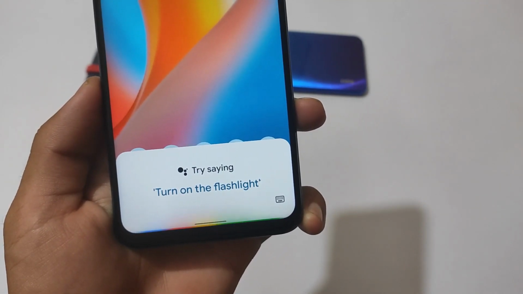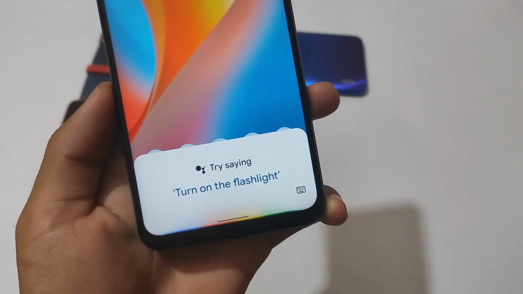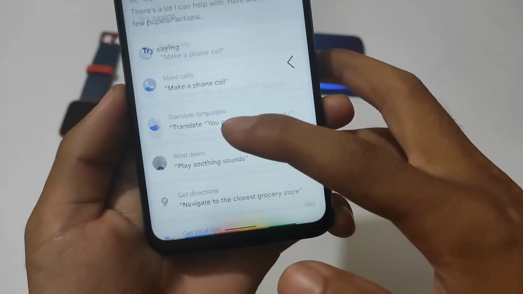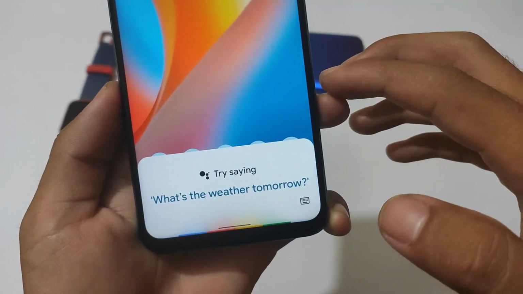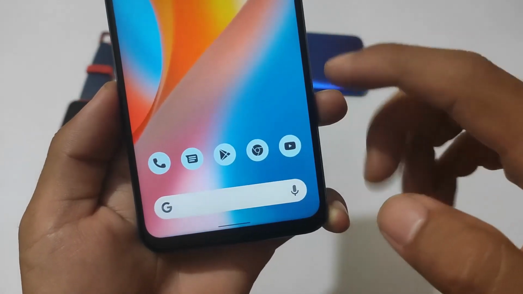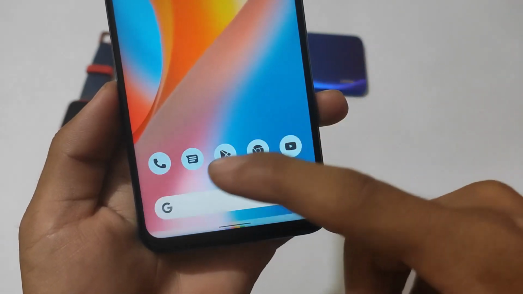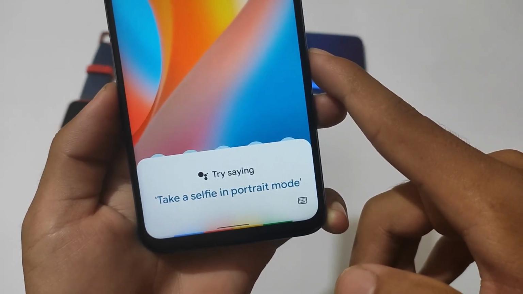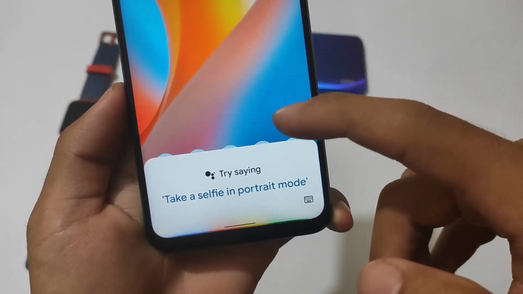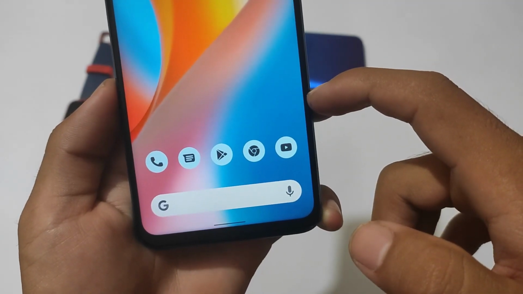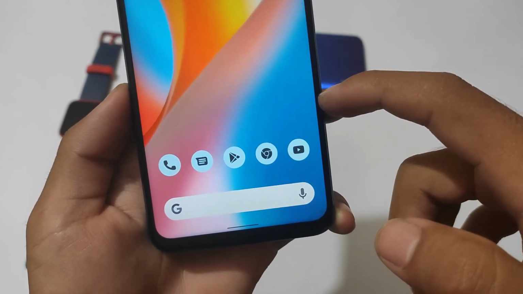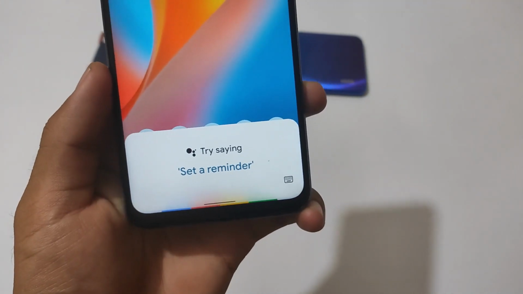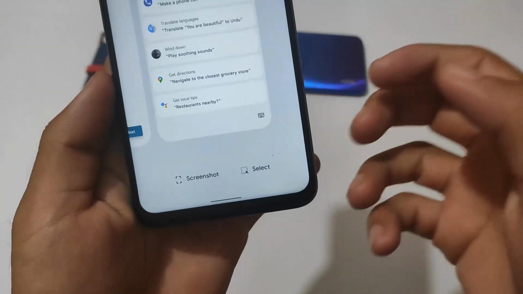Now here comes another interesting thing: this new Google Assistant. You can get this new Google Assistant. Looks quite good. I don't think you get this Google Assistant by default in other custom ROMs. Maybe modified custom ROMs have these options, but by default you don't. The ROM I'm using right now is based on Android 12 AOSP, so it does not contain these kinds of features, but you can get all of them by installing just a simple Magisk module, which I've already shared with you. I think it is not a big deal, and you can simply launch this Google Assistant by swiping from the corner of the left side or the right side.